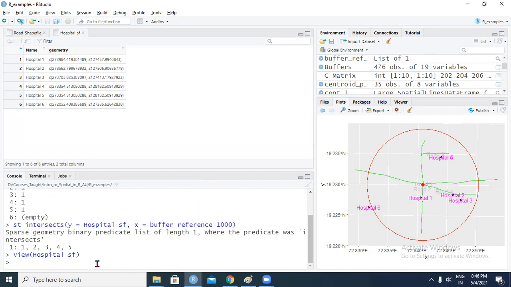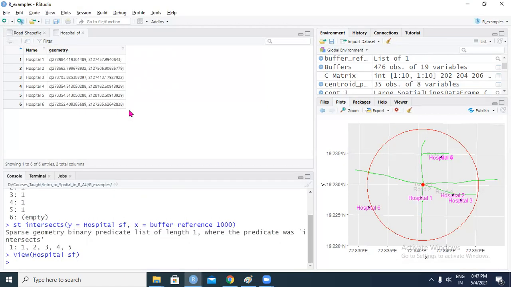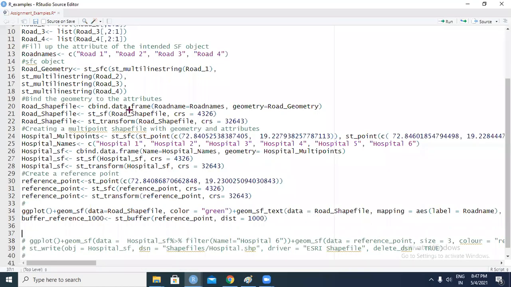So you need to filter these. And how do you filter this? You can filter by name, so I filtered by name. You can also filter by row number, etc. But I just find using the attribute information a very convenient way of doing it. So what you need to do is make sure that your library dplyr